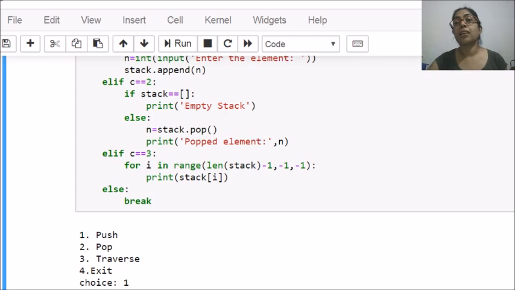In the next coming session we will learn queue implementation using list only. So practice this. And one more thing which we are going to learn, I will make a separate video for that: the applications of stack. What are the various applications to be performed using stack? I will create a separate video for that. So you have to practice push operation, pop operation and traversal for stack using list only.